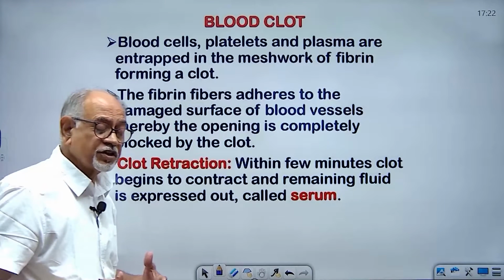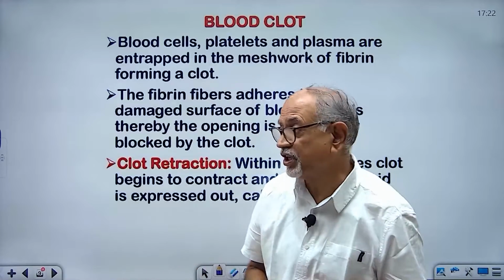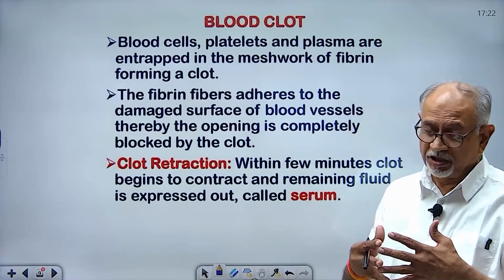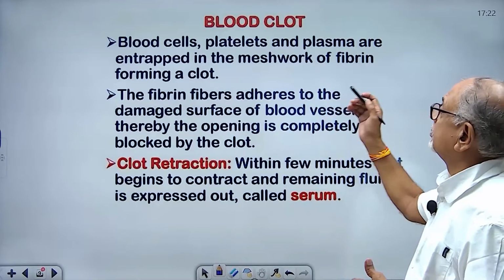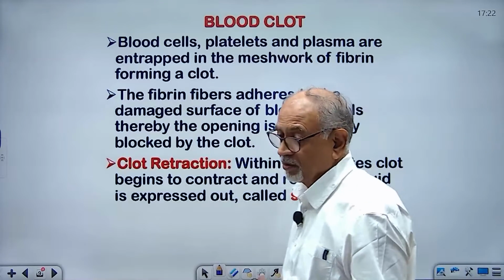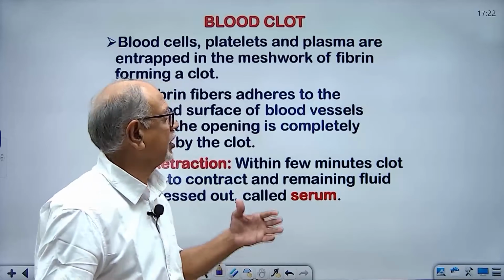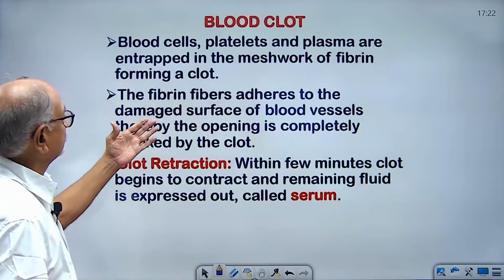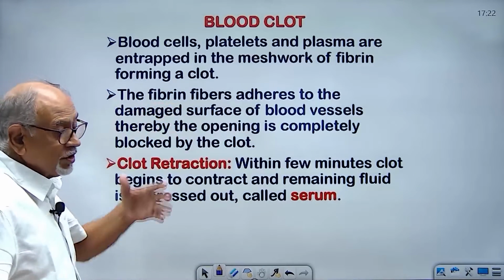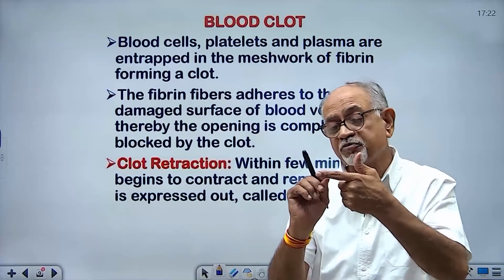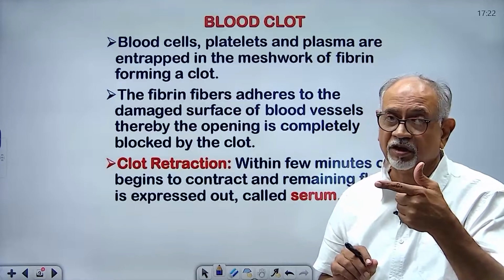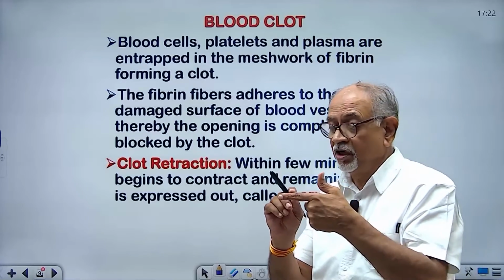Now, formation of blood clot. As I just mentioned, in the meshwork of fibrin, different form elements and plasma proteins are trapped, thereby forming a clot. The fibrin fibers adhere to the ruptured surface of the blood vessel, thereby forming a